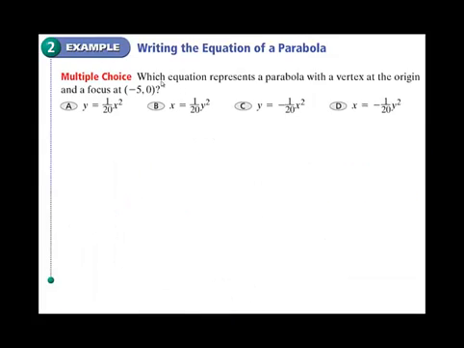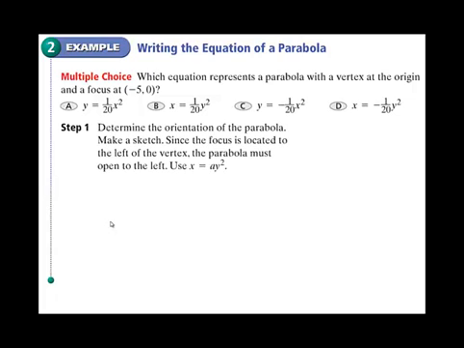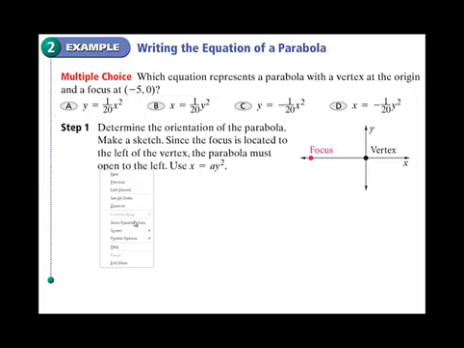So check this out. It says, which equation represents a parabola with a vertex at the origin and a focus at (-5, 0)? All right, so this is what I'm going to do. I know that the vertex is at (0, 0). It says the vertex is at the origin, and it tells me that the focus is back here. Now, if I remember back from a couple slides ago,